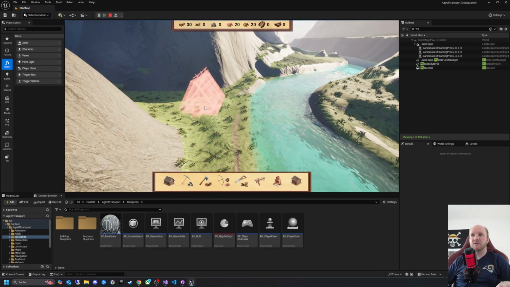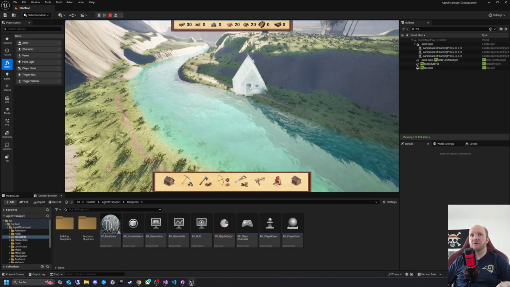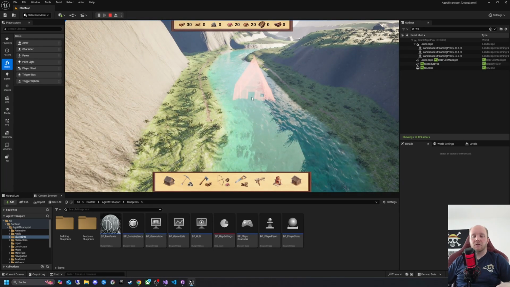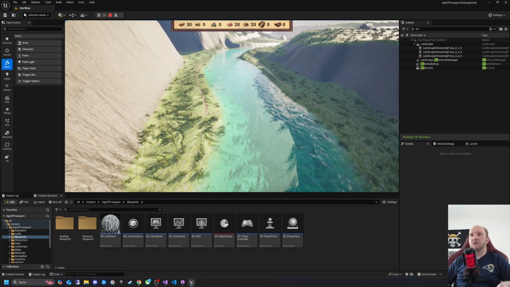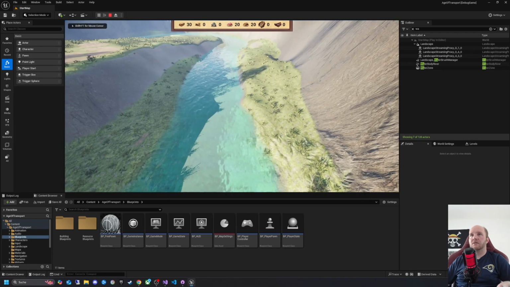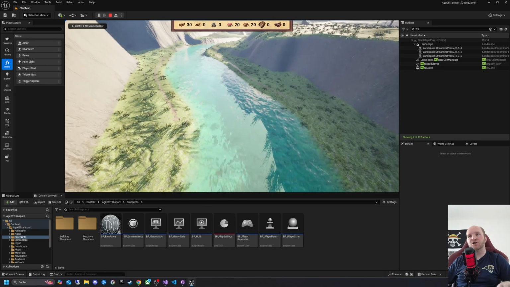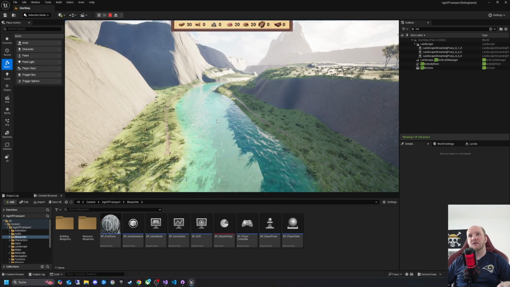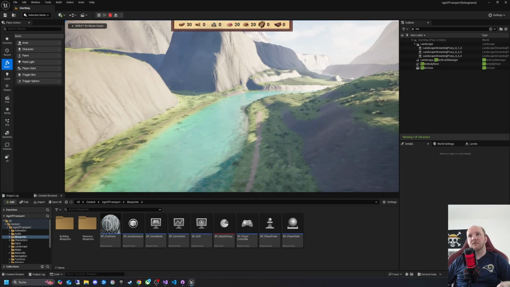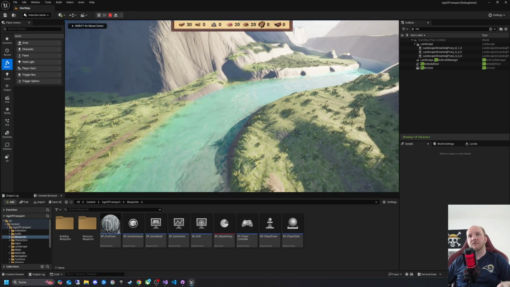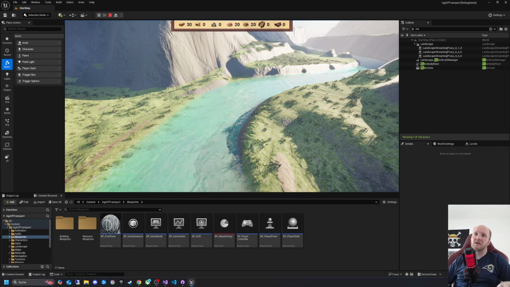And now today's goal is that we are able to build a bridge over the river here and change the nav mesh, navigation mesh,